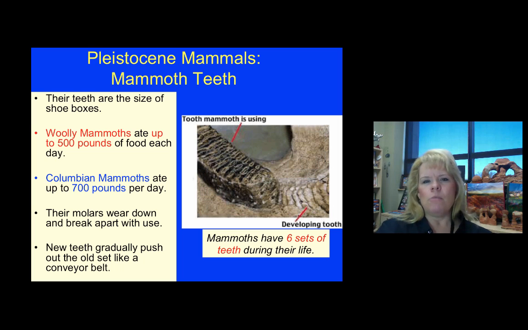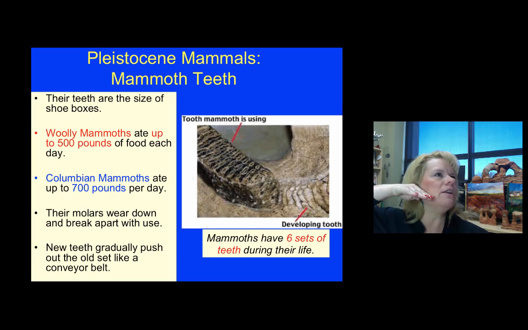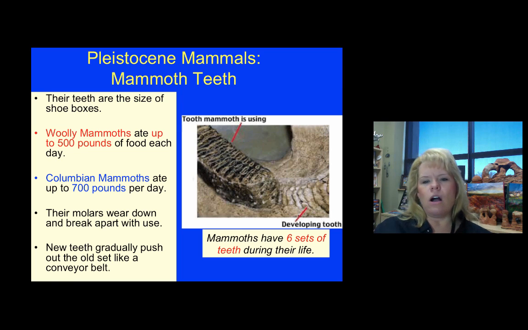But what happens, unlike our teeth, where we grow one up like this, it comes in a mammoth like a conveyor belt. And so it will break off these little ridges right here and peel them off into layers, so the whole tooth is coming out one piece at a time. Sometimes an entire tooth will knock out. Well, that's like a disability that can kill a mammoth. So when we find them in their jaws, oftentimes we can see a new tooth like this one developing, pushing out the old one as it comes out the mouth.